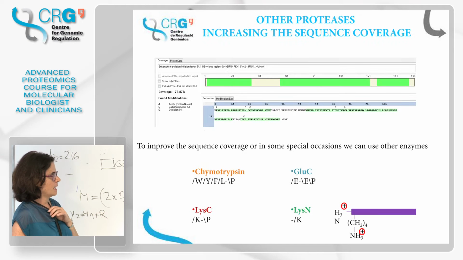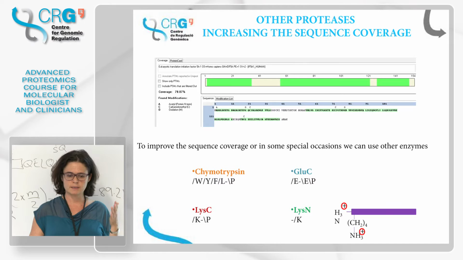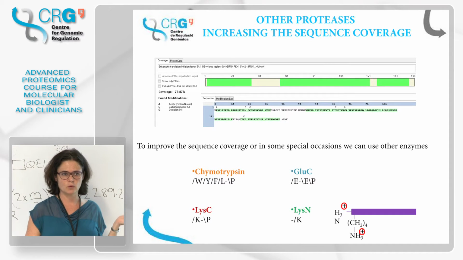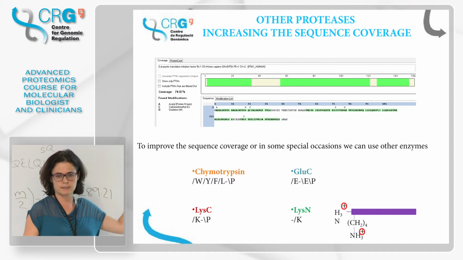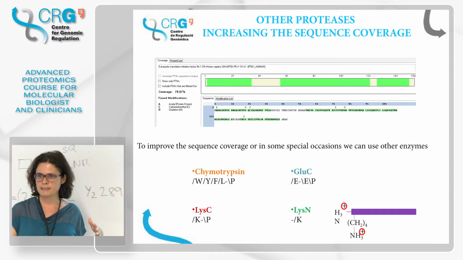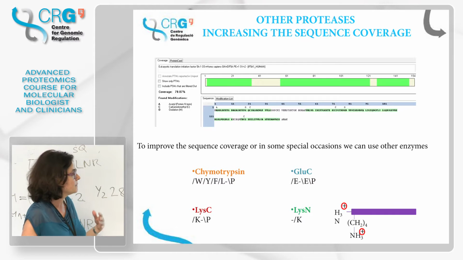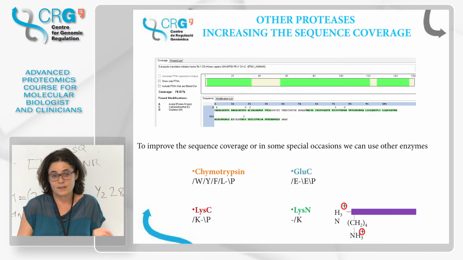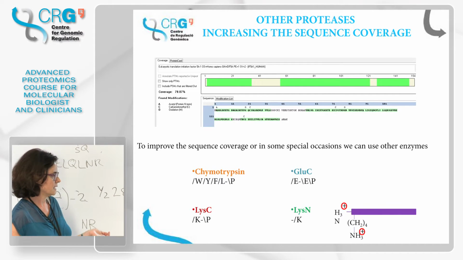But sometimes we don't want to use trypsin, because imagine that you use trypsin and you get this coverage, which is 80% coverage, which is very good. Coverage means what percentage of the protein you are seeing. We never see 100% of the protein; we see a percentage. 80% is super high. But maybe you're interested in a particular residue in here, which you know is phosphorylated, and with trypsin, you get this. So what can you do? You can try other enzymes.